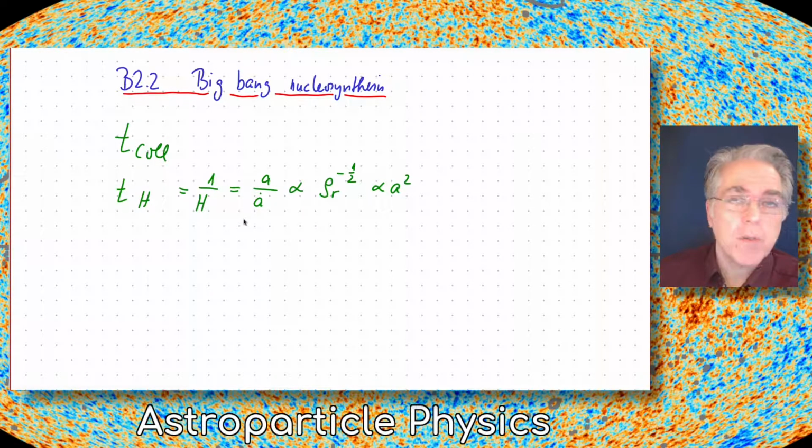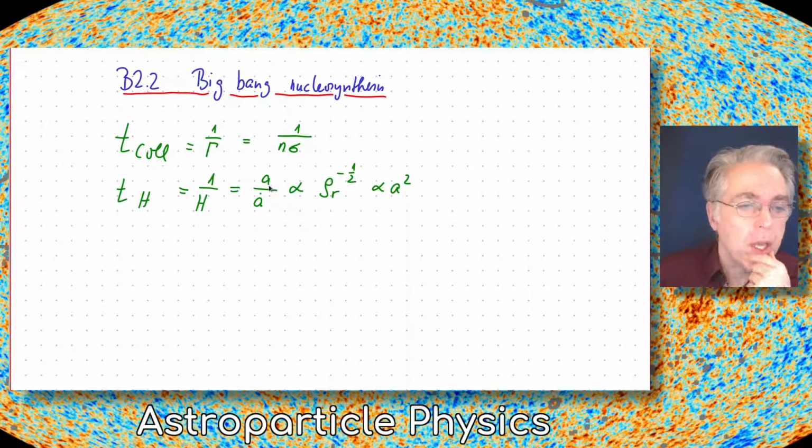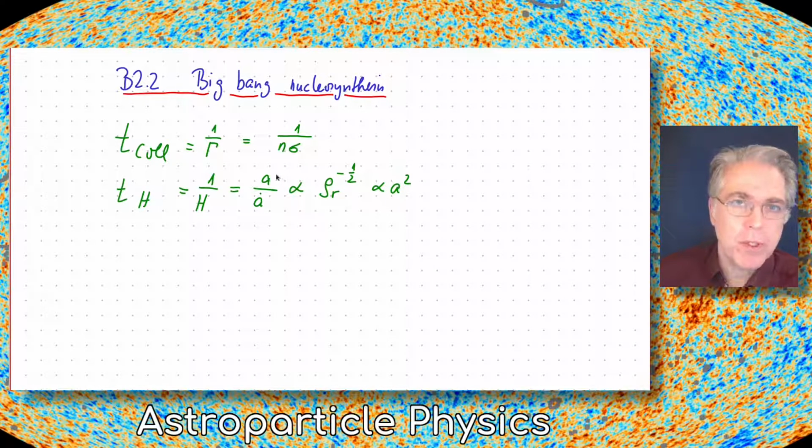The other rate that we're dealing with is the collision timescale, and that relates to some interaction rate. Let's call it capital gamma. The interaction rate will go with the density of the constituents times the cross section of the process that we're dealing with. If we assume the cross section does not depend upon the temperature, which is not the case, because when we talk about thermal processes, they go with sigma v, so there's always a dependence upon the temperature. But for the sake of simplicity, let's assume that we only deal with this dilution of n. Then basically this would go with 1 over sigma,